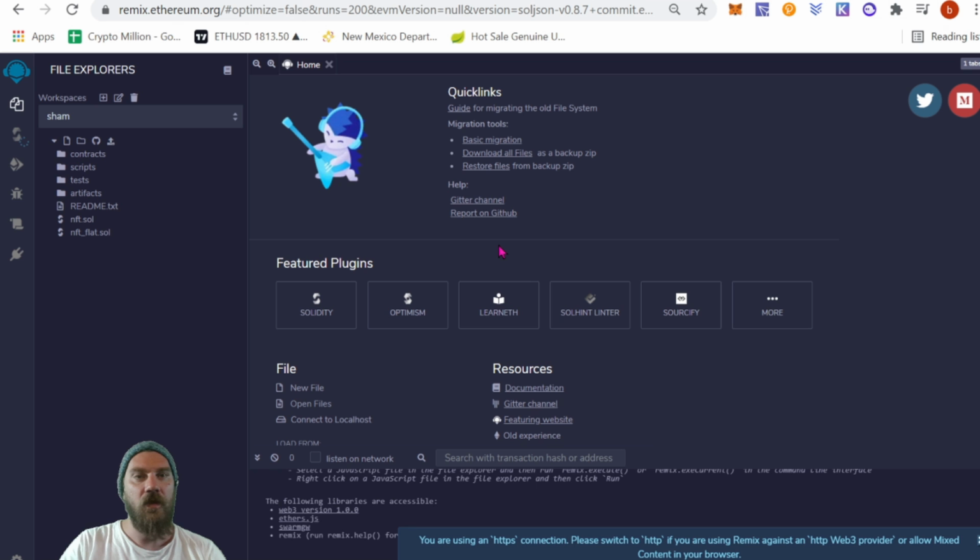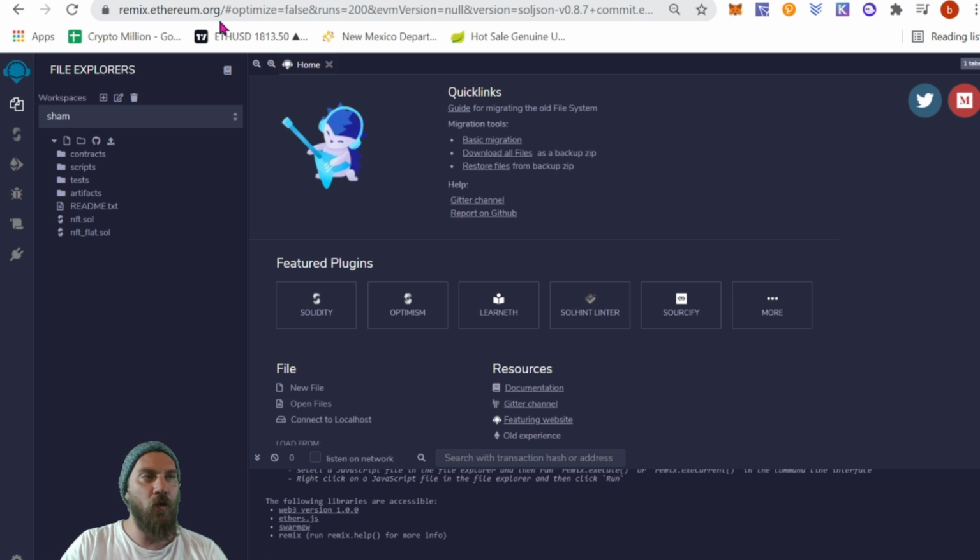Okay, the next thing we're going to want to do is to come over to remix.ethereum.org. And this is basically the place that we're going to use to compile our code and to actually launch it onto the blockchain. Okay, so if this is your first time here, you won't really have anything, but what we want to do is just create a new workspace, and I've done that. I've created the test pumpkins. Now that we're in that right there, we can then create a contract.